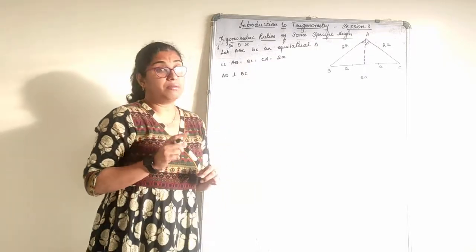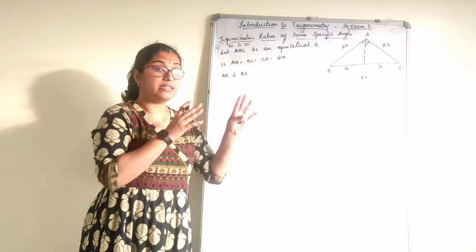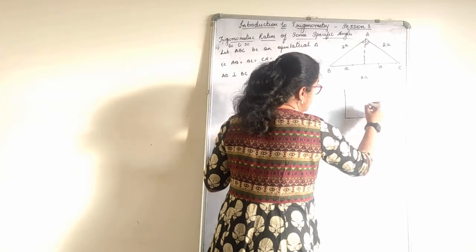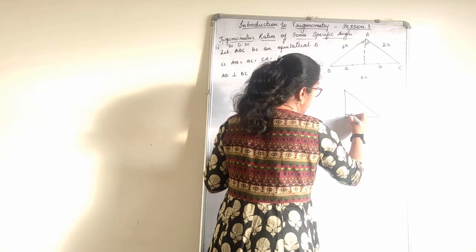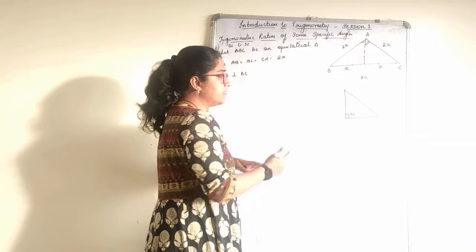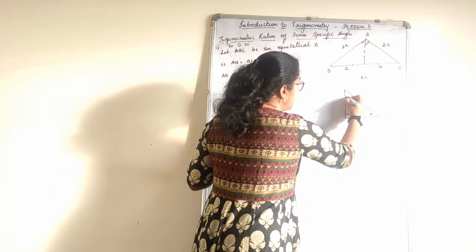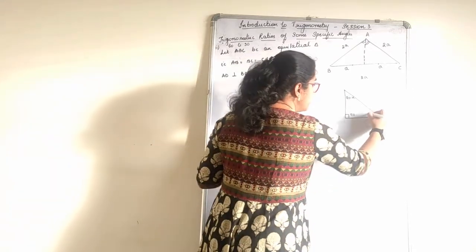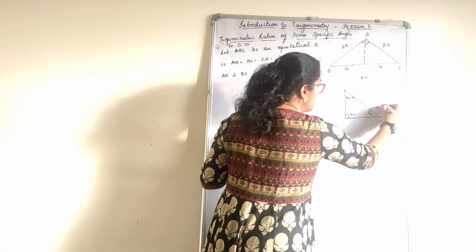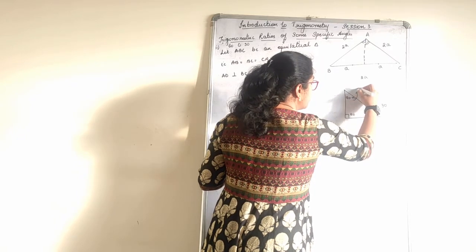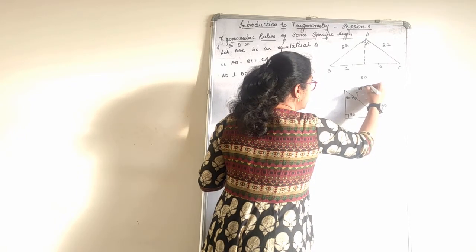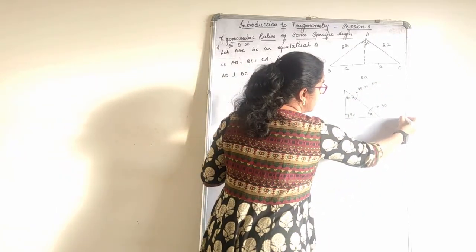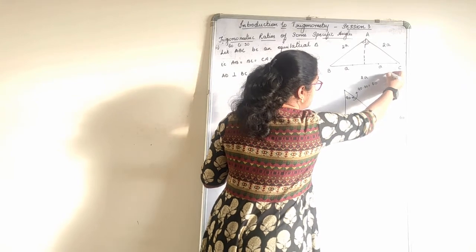Okay. Do you remember a trick we had done in the Pythagoras theorem part? I'll just remind you. For example, if this is a right angle triangle with 90 degree, and if this was x, this would be 90 minus x. We knew this trick, right? Suppose this angle I consider as 30 degree. What would be this? 90 minus 30, that is 60. If this angle I consider 60 degree, then 90 minus 60, that would be 30.